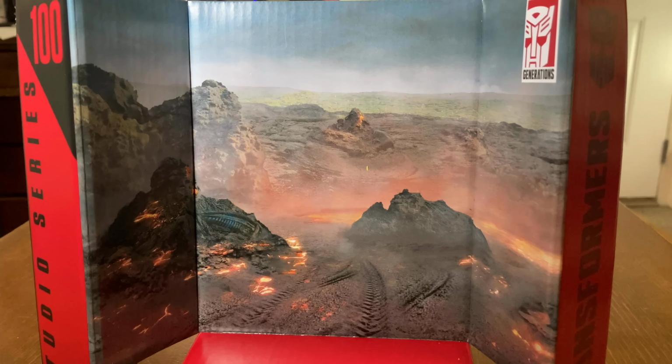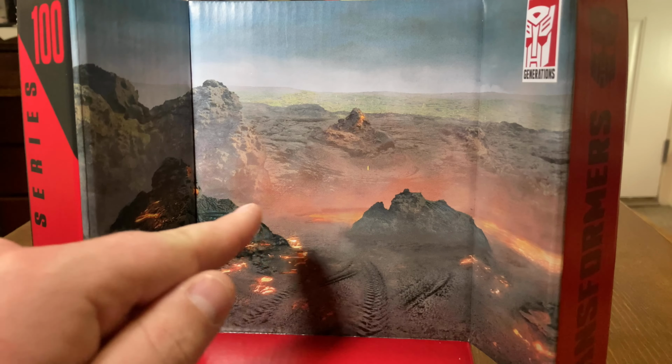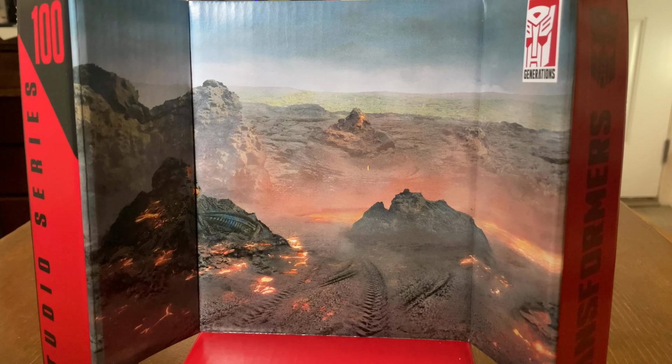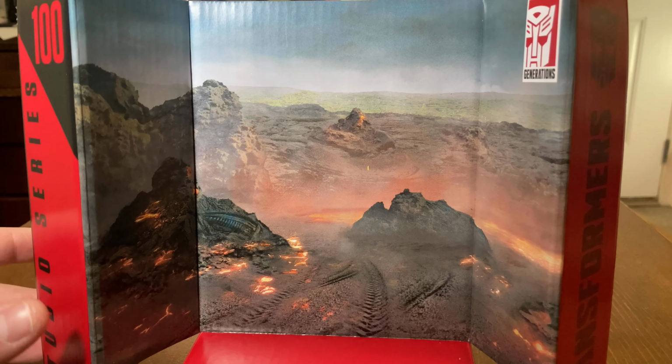let's move this just a little bit. Very nice detail. Like you got the tire treads right here. Looks like he's actually coming around, or he's going away, trying to get somewhere. Who knows? Yeah, like little molten rock, molten lava right here, and you got a flow right back here. But overall, not too bad. Now, like I said before, I'm not 100% sure what's supposed to happen in this movie, but all I know for sure is that there's going to be a battle between the three factions, and it's going to be at this site right here where a volcano is. So we'll set this off to the side,